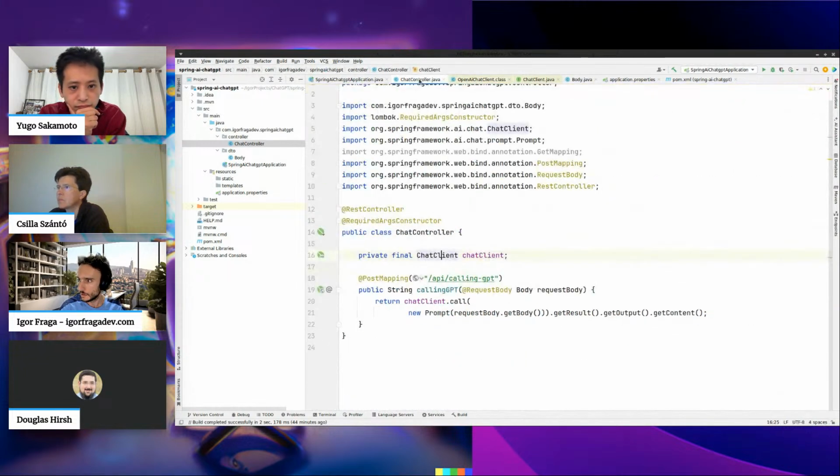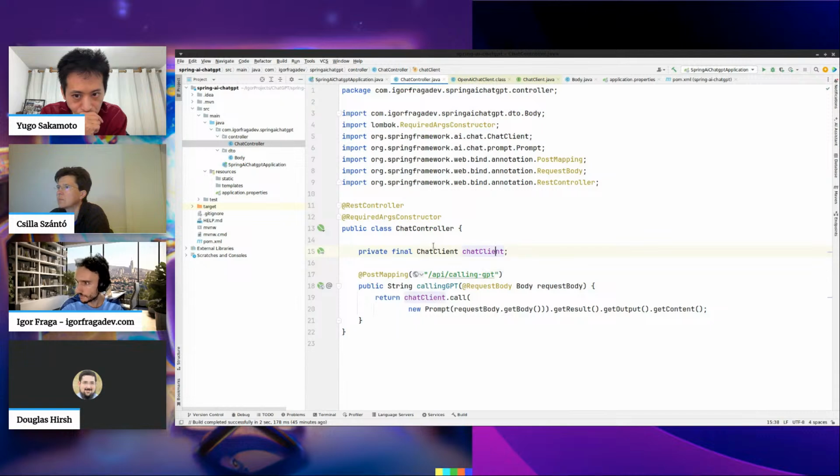But the magic behind it is that you can just have your own code implemented with any LLM that you want. It can be from OpenAI, it can be from Ollama or Mistral, and you don't change the implementation itself.